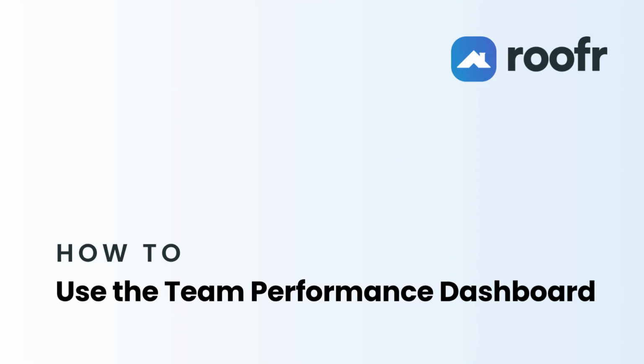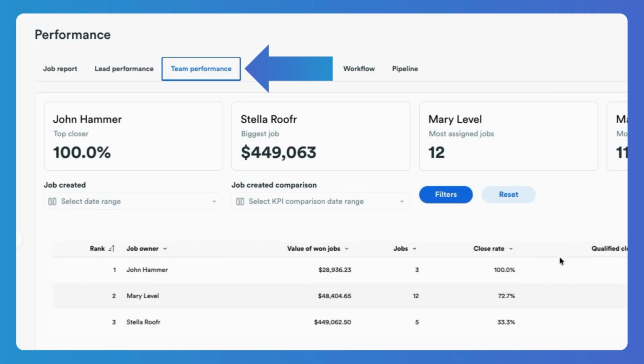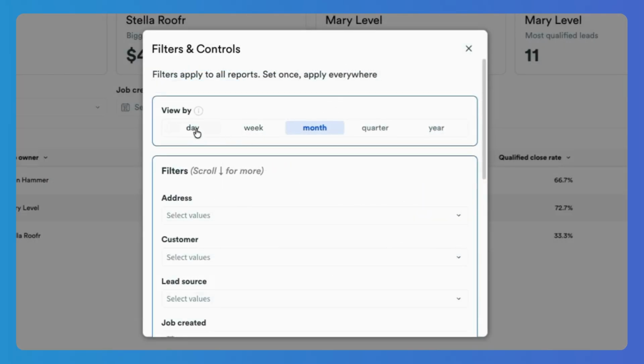In this video, you'll learn how to use the Team Performance dashboard. Select the Team Performance tab and start by setting your desired filters. You can view your team performance by time period, day, week, month, quarter, or year, and refine your view by